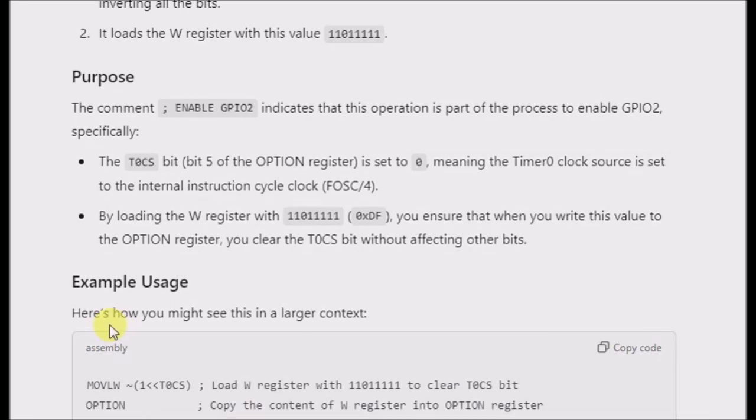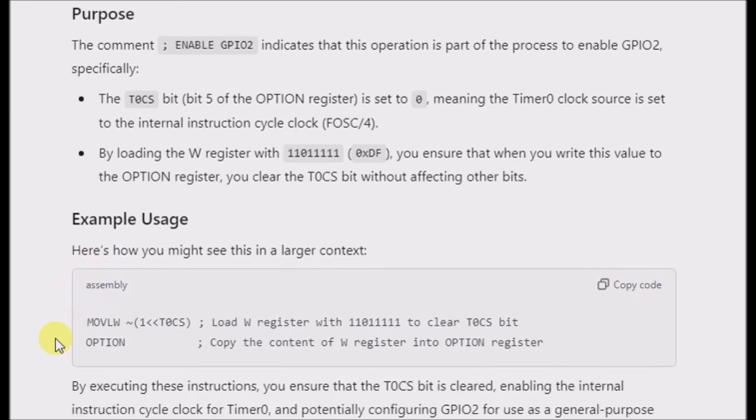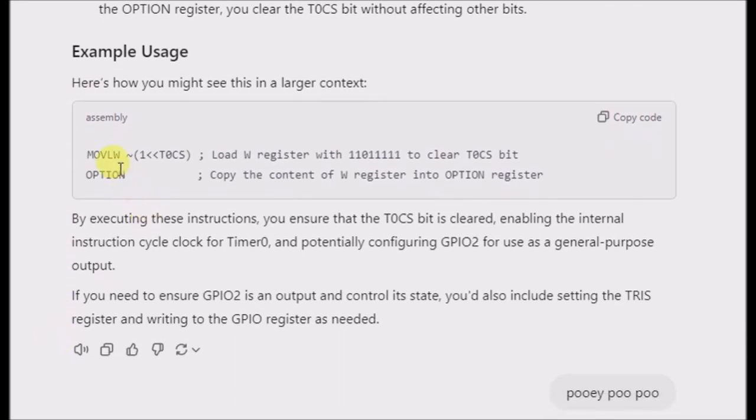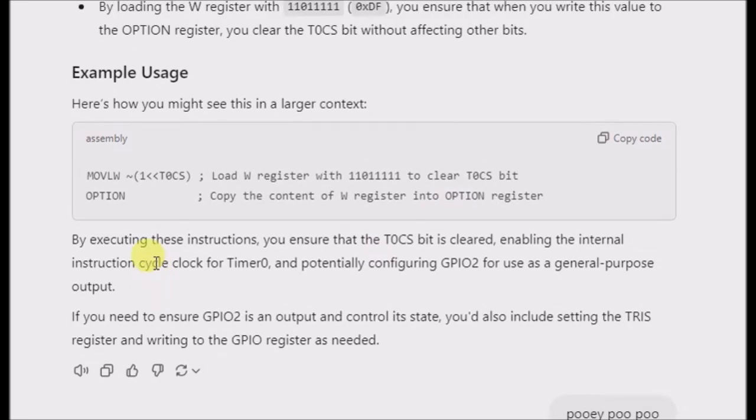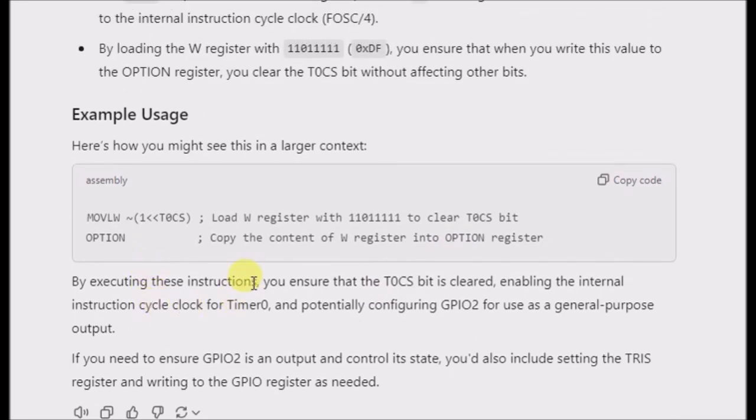Example usage. Here's how you might see this in a larger context. MOVLW, load W register with this to clear T0CS bit. OPTION, copy the content of W register into option register. By executing these instructions, you ensure the T0CS bit is cleared, enabling the internal instruction clock for timer 0 and